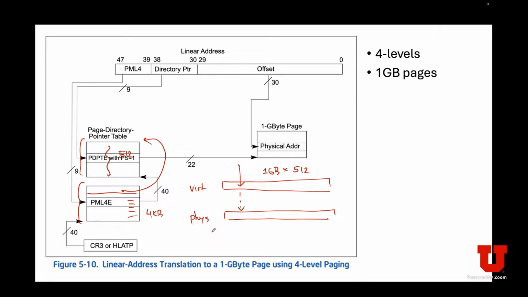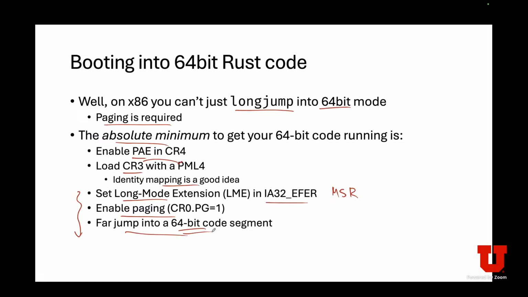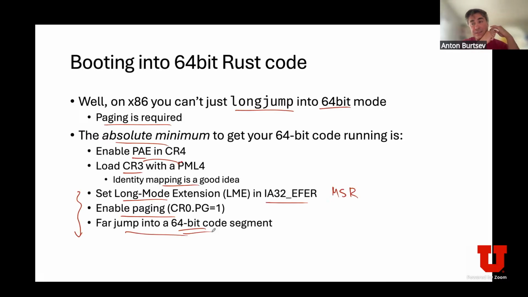Can you remind me why we needed this page table to get into 64-bit mode? What was the process of going into 64-bit mode that required the page table? Yeah, and to be honest, every time I read about it, I'm surprised myself, and I don't have a good answer for what the reason was. But essentially, Intel tells you that you cannot run in 64-bit mode without a page table. The reason is probably